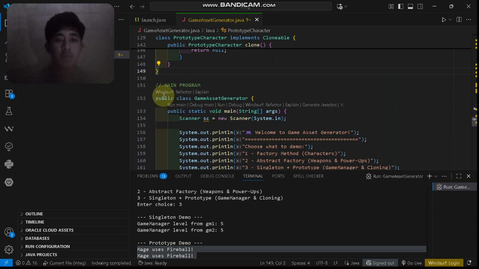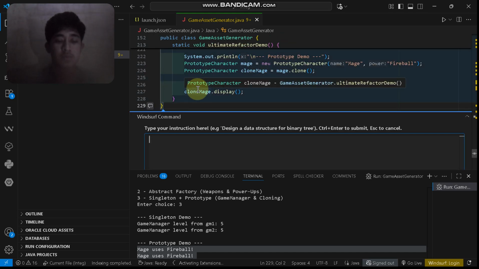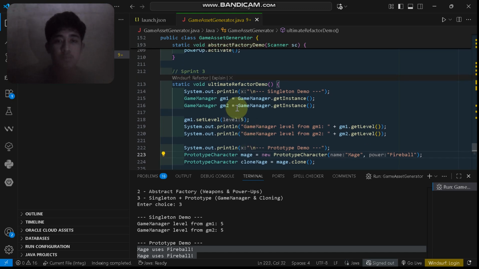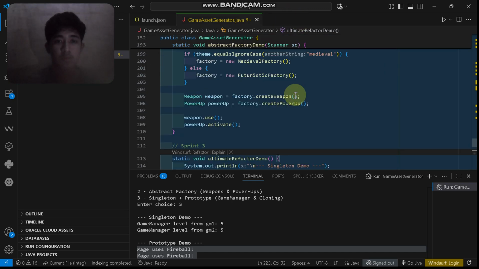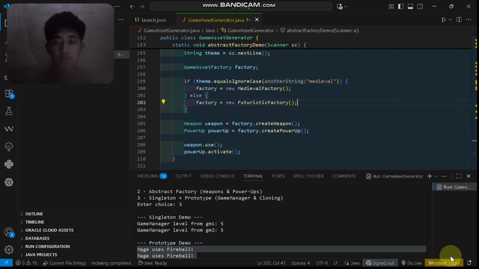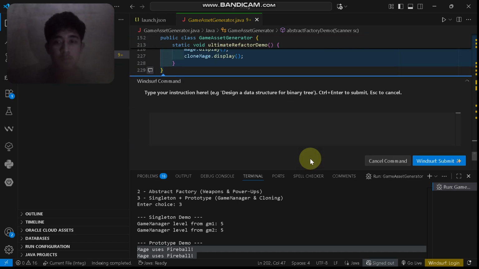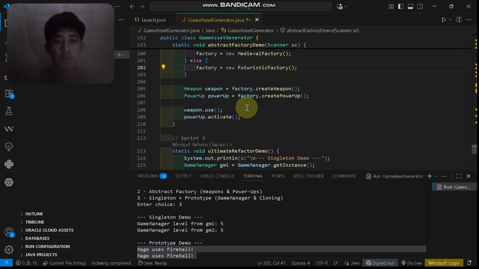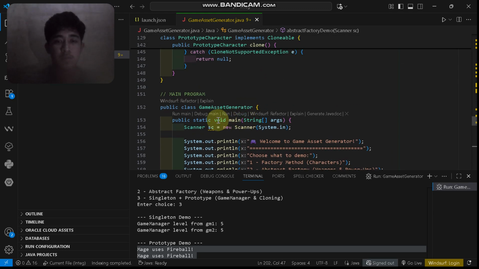And here is the main program, the main method. So for the main, so here the game